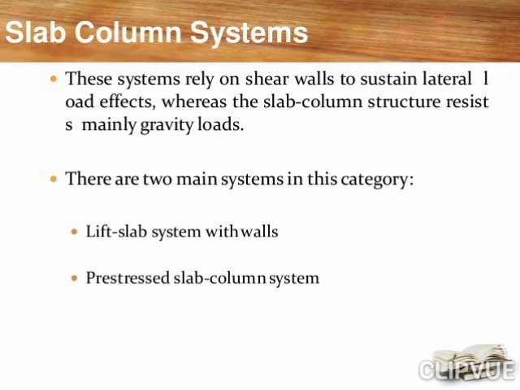Slab column systems. These systems rely on shear walls to sustain lateral load effects, whereas the slab column structure resists mainly gravity loads. There are two main systems in this category: lift slab system with walls, pre-stressed